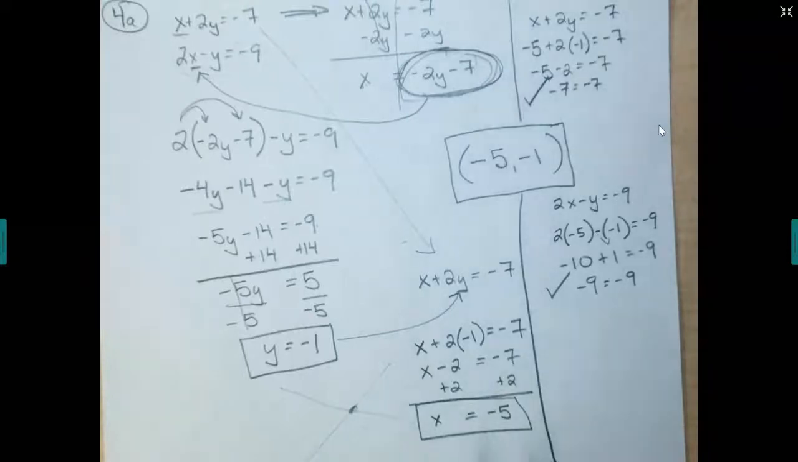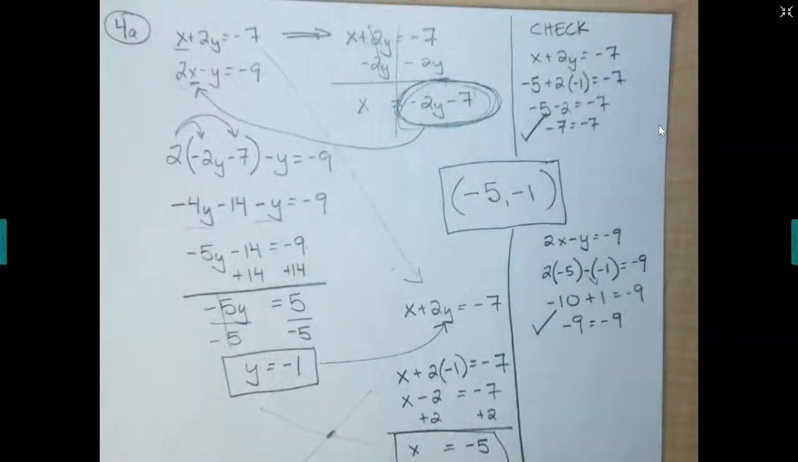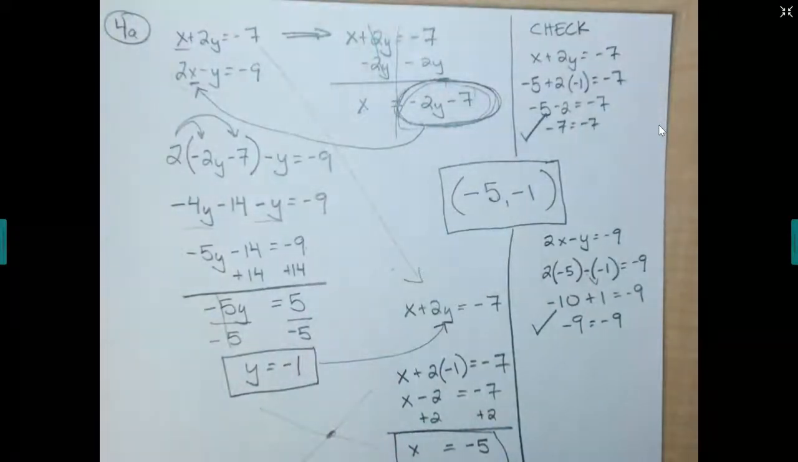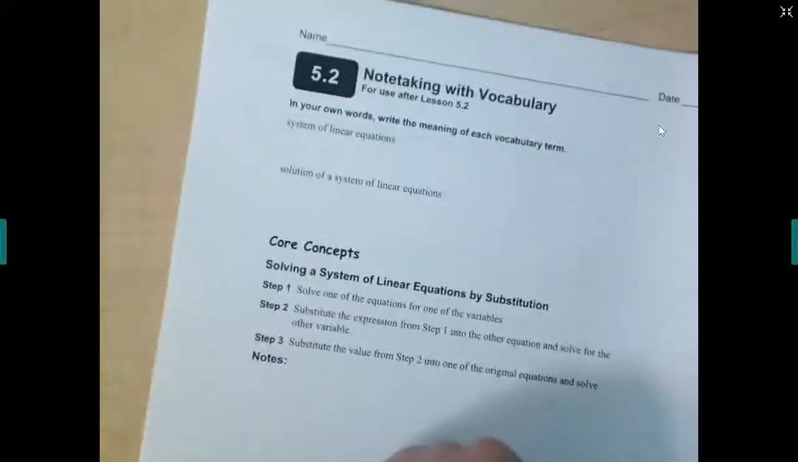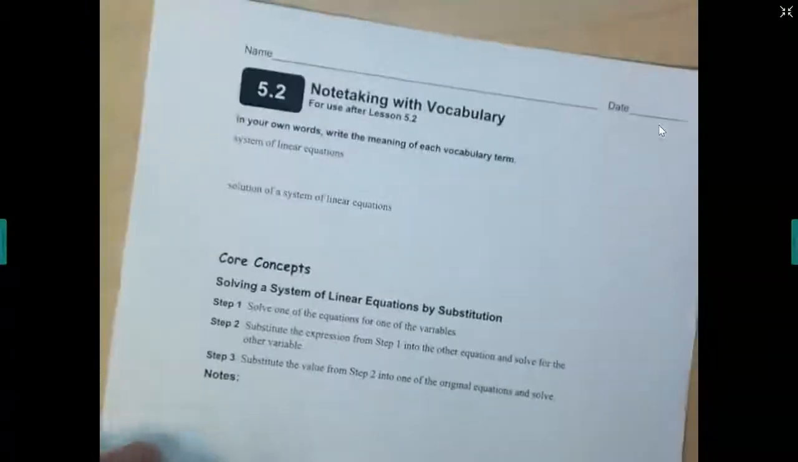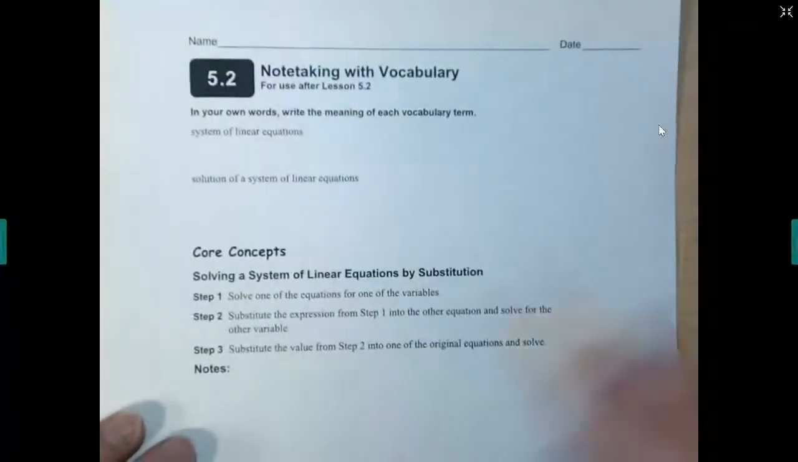Let's do it for the example, because we're going to be going over all the examples in the homework. So let's look, first of all, at your vocabulary. If you look here on page 129, you have a system of linear equations. Hopefully you remember from yesterday, or our last 5.1,